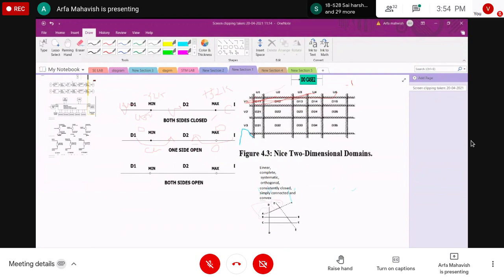So you have to check this in the domain. For example, you are given a linear programming problem: f1(x) is less than or equal to k1, or f1(x) is less than or equal to g1c; f2(x) is less than or equal to k2, or f2(x) is less than or equal to g2c.